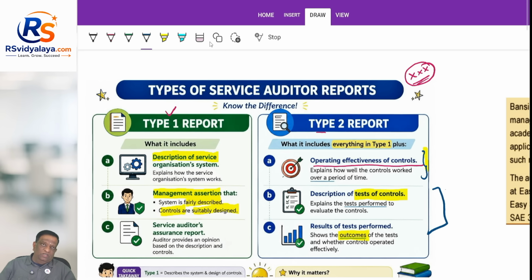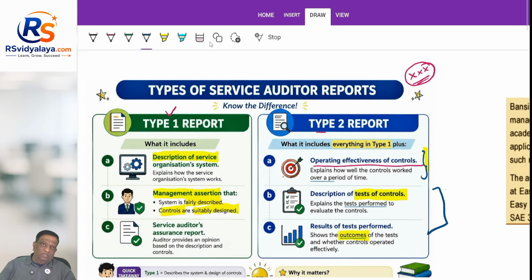Like, say, another example, management representations. Now, management representations are mandatory for the statutory auditor, but the service auditor is not a statutory auditor because he is not certifying the financials, he is only reviewing the controls. So, in that background, will he also have to take these management representations? So, these are the concepts that are being talked about in this next paragraph. So, look at here. This entire thing is about the service auditor, don't get confused. That is the service organization's auditor.